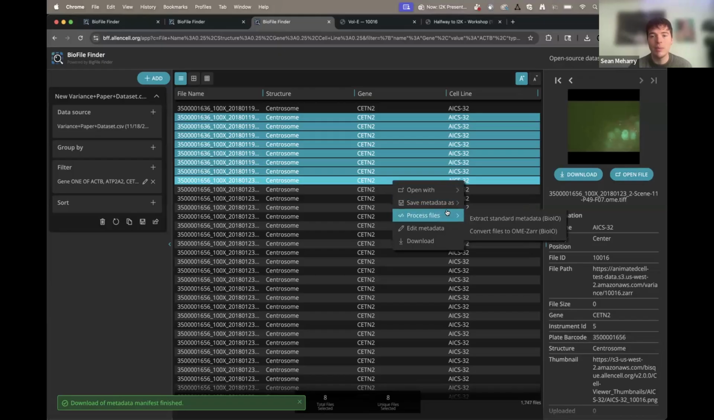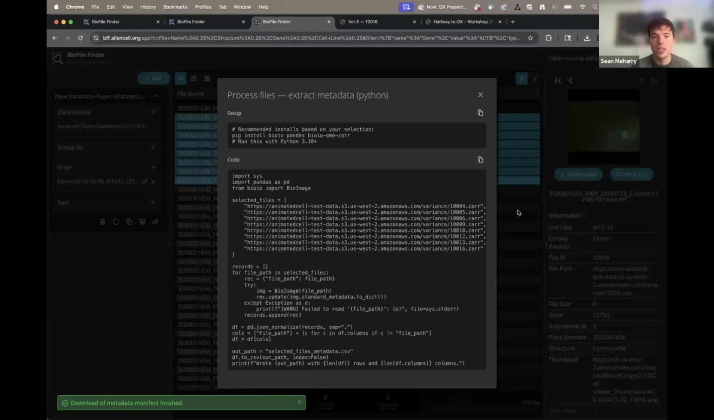So similarly, there are other options. We're recently prototyping this feature called processing files. What this is doing is providing you some scripts that will be pre-generated for the files that I've selected. If I take one of these, for example, this one says extract standard metadata. It's going to give you some Python setup, so whatever I need to install in order to run this, as well as the script that's being automatically generated for those files. And if I ran this, it would give me a CSV that is